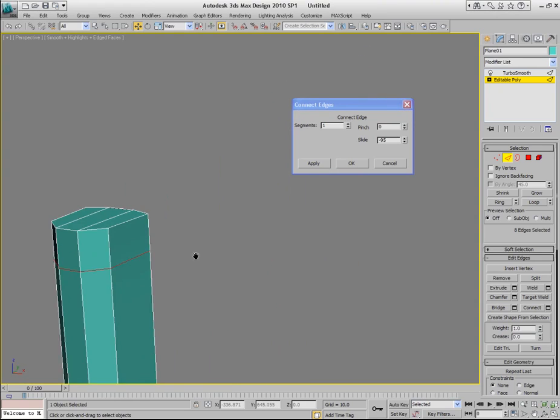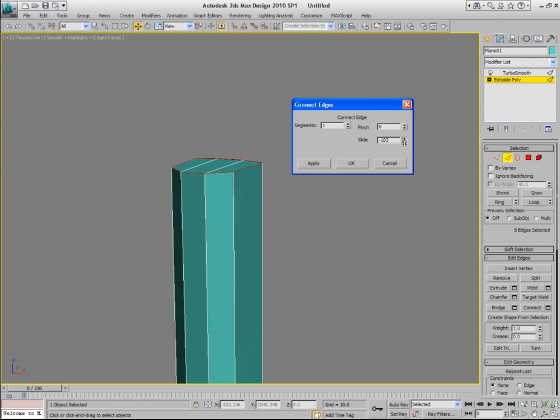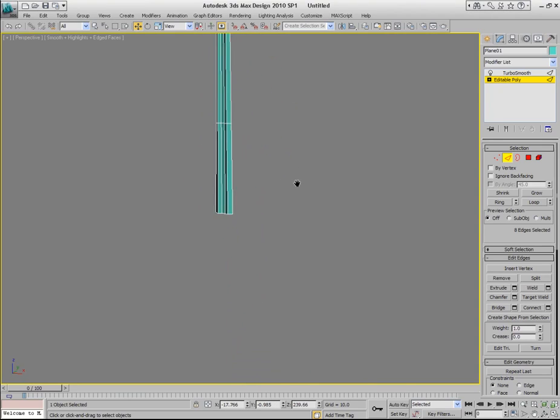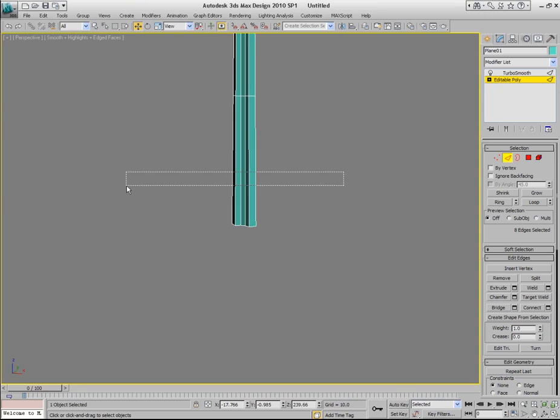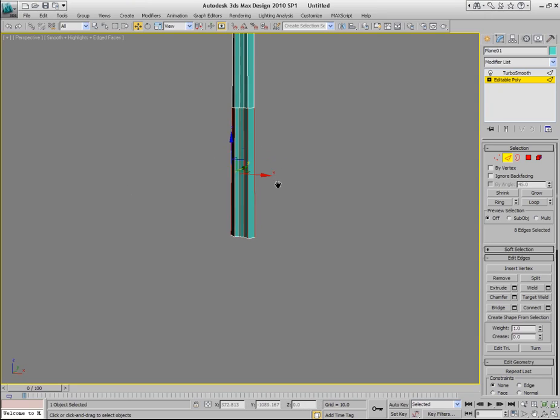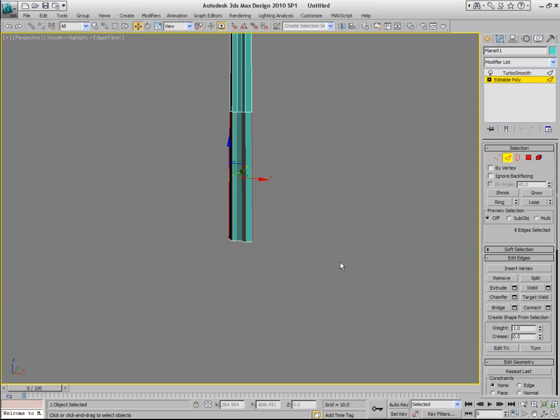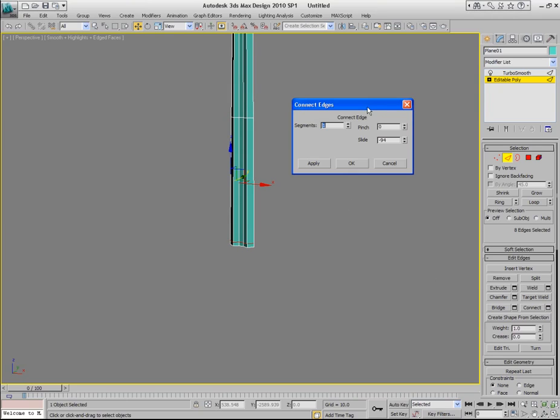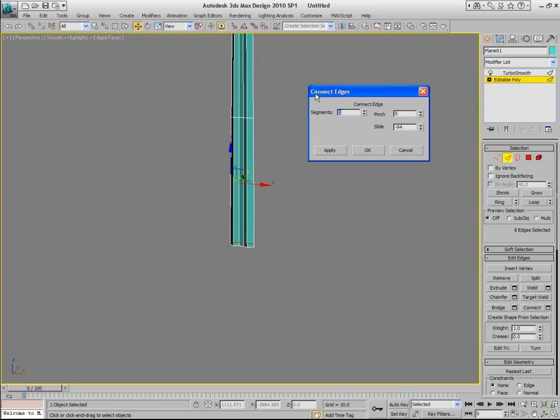I'm going to zoom in so you can see it better. Something like this. Click OK. Now scroll down to the bottom and do the same to the bottom selection of this bottom section of the object. So select all the vertical edges, click Connect button to bring up the Connect Edges dialog, and do the